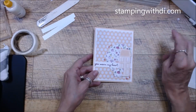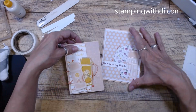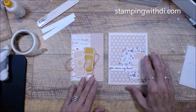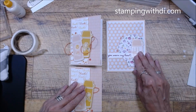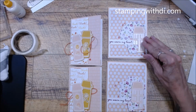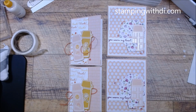All right, so let me show you the catalog version. So here's the catalog version. And then my twist. So what do you think? So here's the ones I did earlier. So they're not much different. And then here's the other one. So they look pretty darn close. I might have brought this